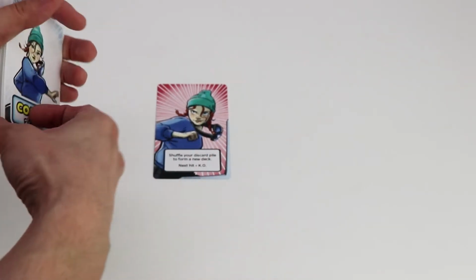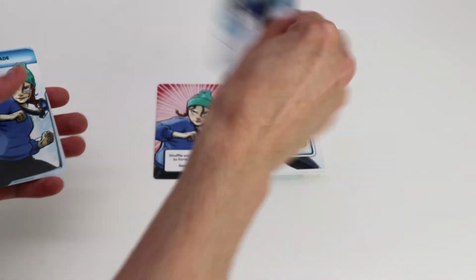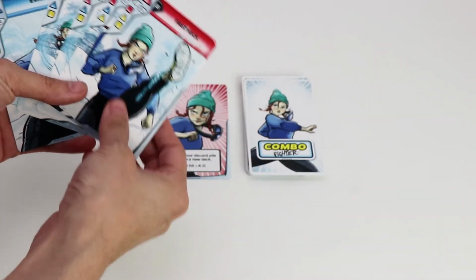When they reach the end of their deck, they shuffle all of their cards back together to reform a deck, placing it next to their KO card. If they can manage to avoid being hit, then the player may be able to KO their opponent before their opponent can KO them. Combo Fighter really feels like an old school fighting game,